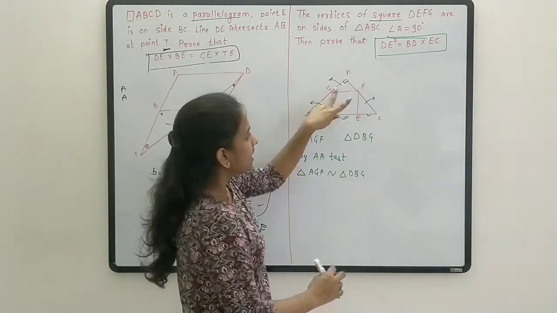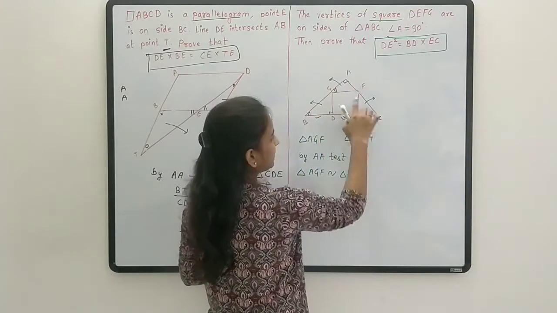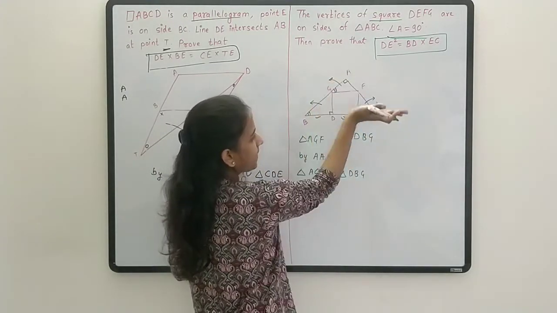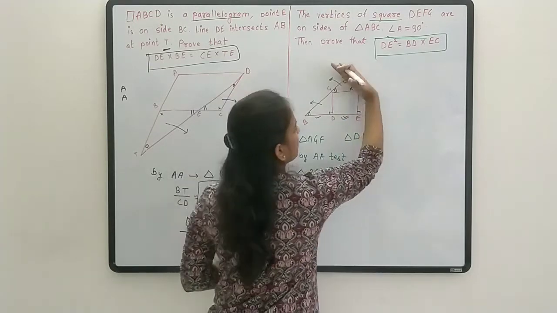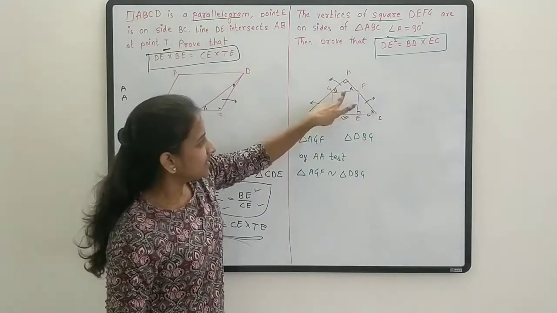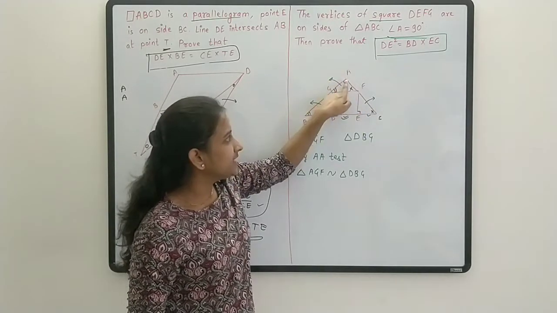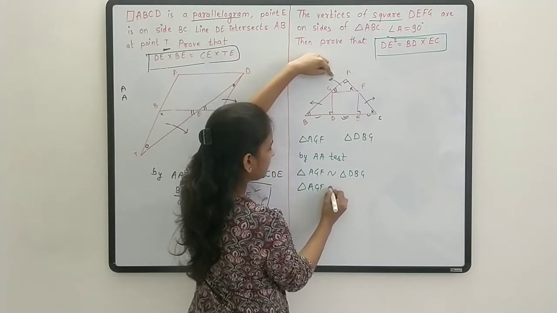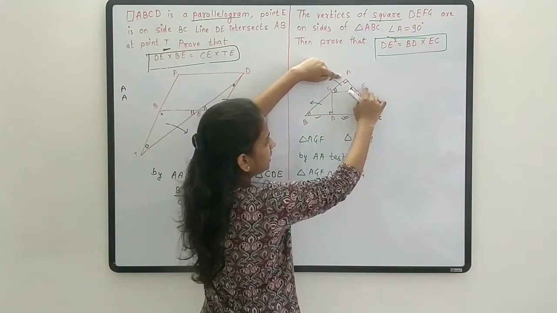Fine. Now consider these two triangles AGF and FEC. See, one angle is 90 degrees and here one angle is 90 degrees. Now GF is parallel to this side EC and this angle is equal to this angle because they are corresponding angles. AC is a transversal, these two sides are parallel. So these two angles are corresponding angles. So again two angles are equal in these two triangles. So again by AA test, we can say triangle AGF is similar to triangle, see what we are writing, AGF means EFC.